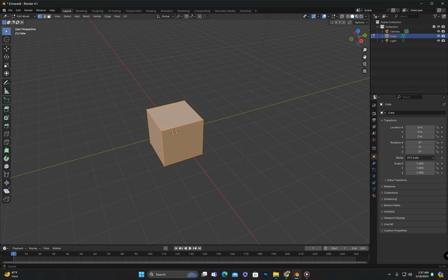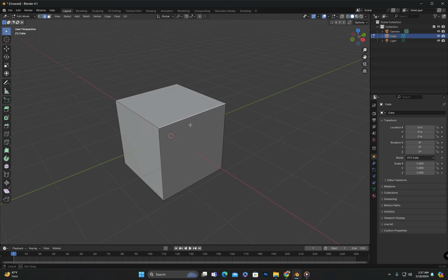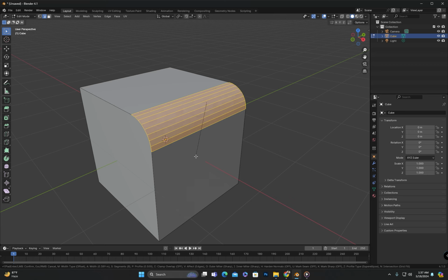For example, if I choose the select edges option and then choose any edge of the object and press Ctrl plus B to bevel it, the selected edge will split into two edges with a new face created between them. And if during this process I scroll the mouse wheel without clicking, it can increase or decrease the number of segments. If I scroll upward, the number of edges will increase, and if I scroll backward, the number of edges will decrease. You can finalize the process by left clicking to confirm the bevel.